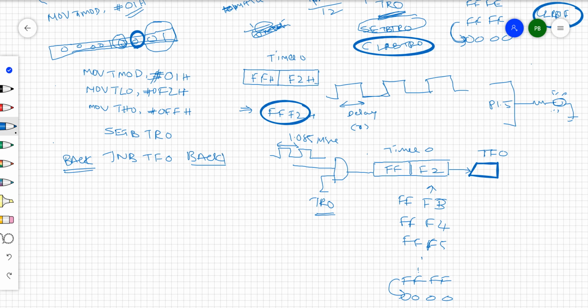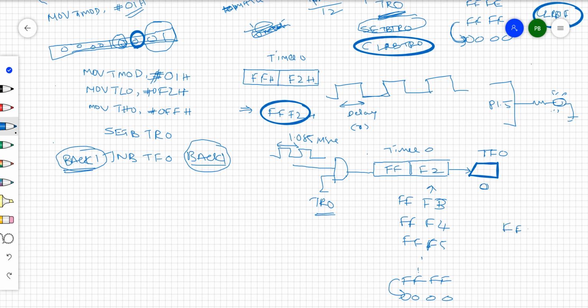Back to here only, for example back 1, right? I gave the label back 1. So it is in the loop, jump no bit to here only, until this value keeps on incrementing with every one clock. Once overflow occurs, this timer overflow flag will be set. Up to that time this overflow flag is 0 only. Right? Once overflow occurs, at what time will it occur? This one time period, 2, 3, like that.